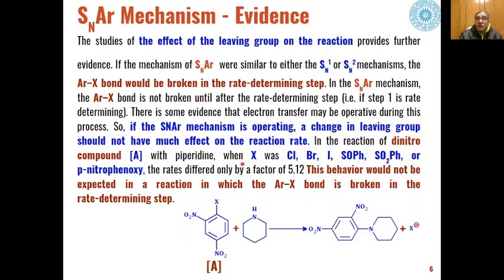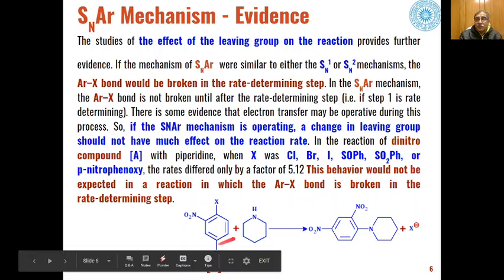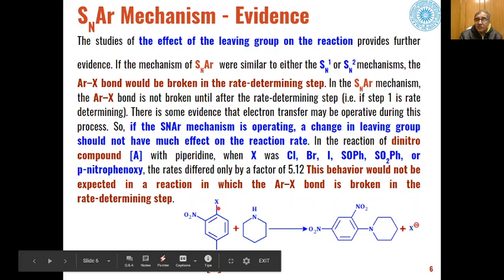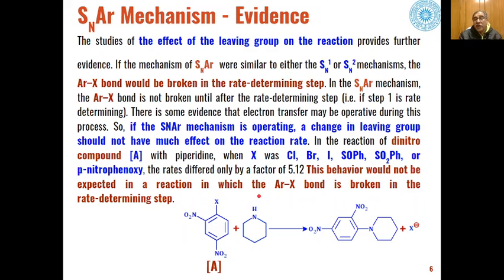So this is what is seen when this experiment is done: when this dinitro substituted halogen derivative was reacted with piperidine base, and by changing the X to these groups, it was found the rate of the reaction differed only by a factor of 5.12. So that means if the breaking of this bond is the rate determining step, then the rate would differ depending upon the strength of these groups, because